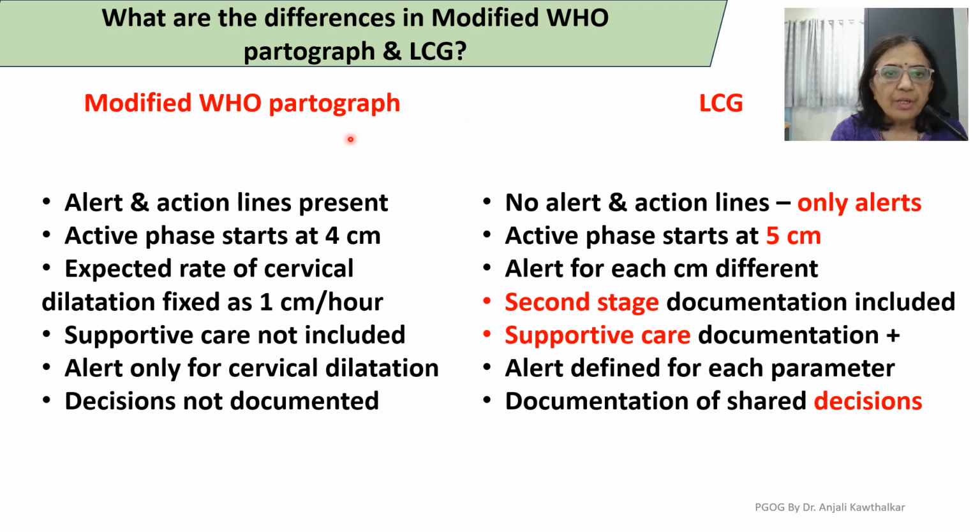Differences between this modified WHO partograph and LCG main is we had alert and action line in the modified WHO partograph, whereas there is no such alert and action line. We have alerts as a separate column. Active phase starting at 4 centimeters. Here in LCG, it is starting at 5 centimeters. That is important. Expected rate of cervical dilatation was fixed as 1 centimeter per hour in the modified WHO